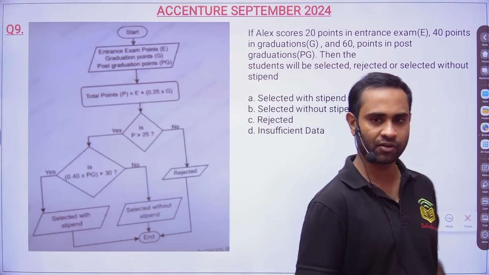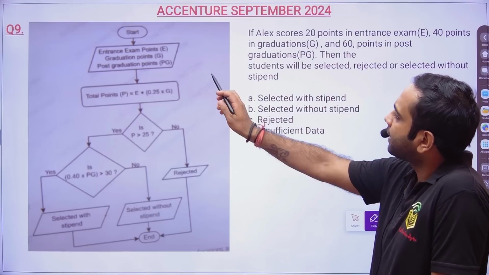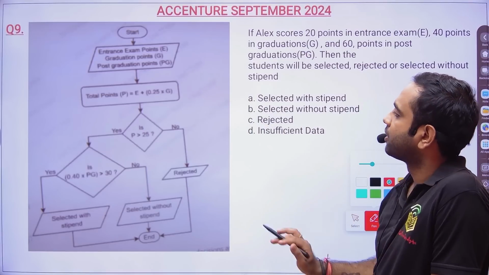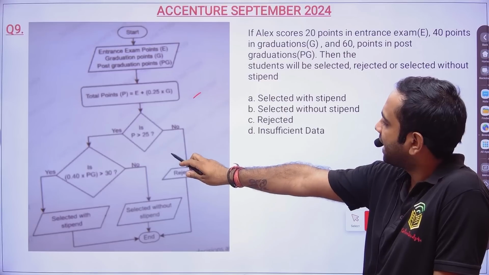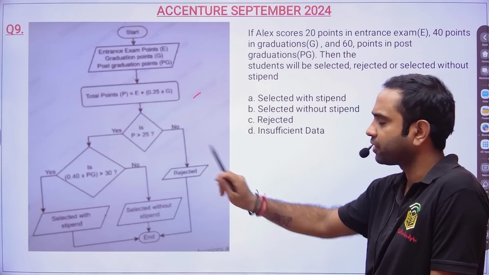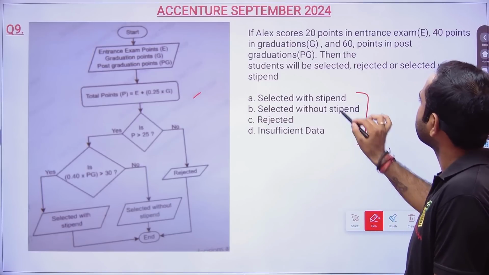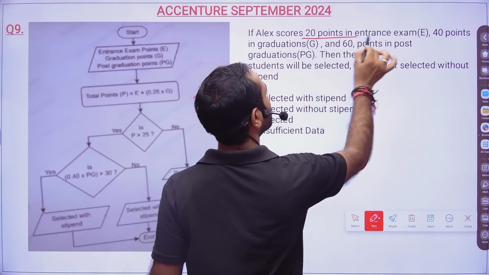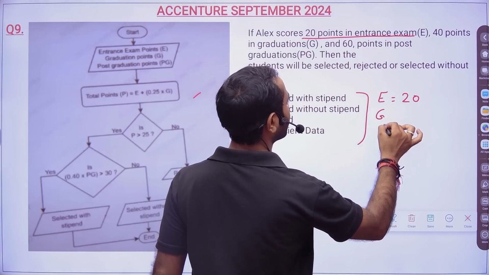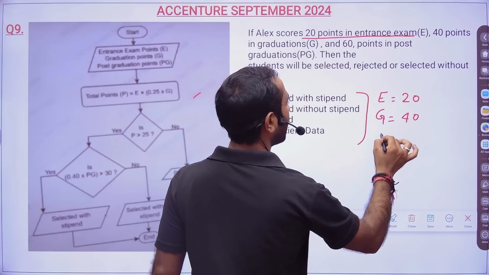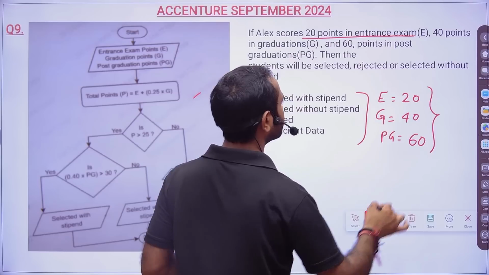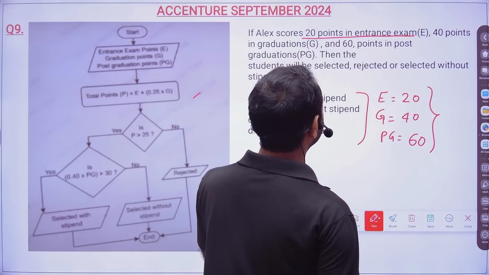Let me come this side, okay? So the entrance exam point is E, the graduation point is G, and the PG point is PG. The total points is P. If P is greater than 25, if it is true, then it will follow that path. If it is false, it will follow this path. So basically what they are telling is, if LX scores 20 points in the entrance exam, 40 points in graduation, and 60 points in post graduation, then the student will be selected, rejected, or selected